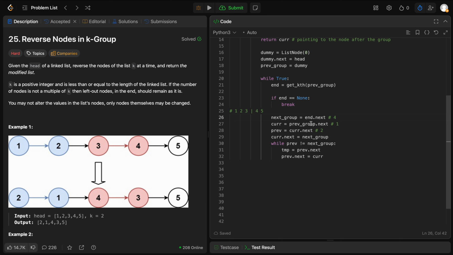Previous group next is 1. Current next is 2. Okay. And now what did I do? I said current next is next group. So I killed 1 to 4. I did kill it. I killed 1 to 2 and put 1 to 4. That's good. So now I have to take and while this one previous is not next group,